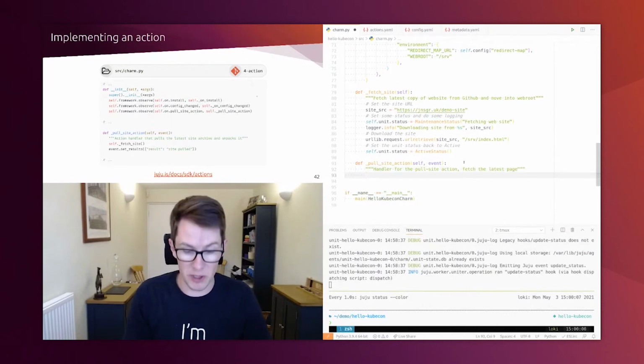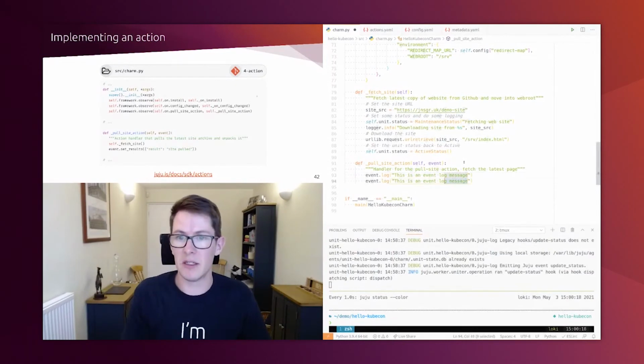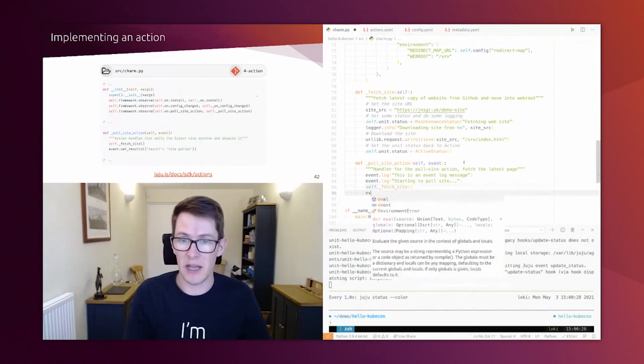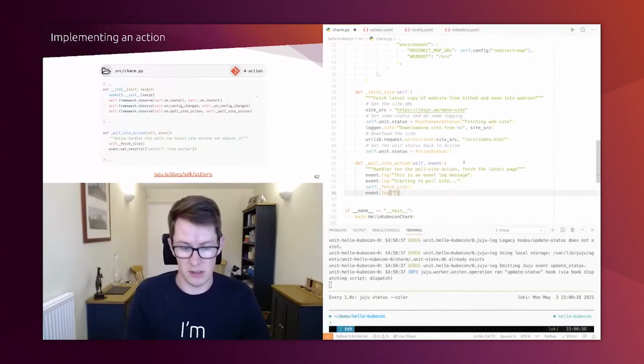And I will put some logs in here just so you can see what that looks like. So this is an event log message, and we'll say starting to pull site. And then we'll actually call our self.fetchSite method, and then we'll say event.log site pulled, and we'll also do a